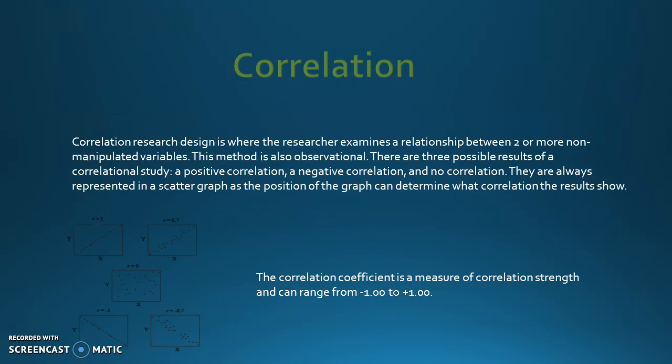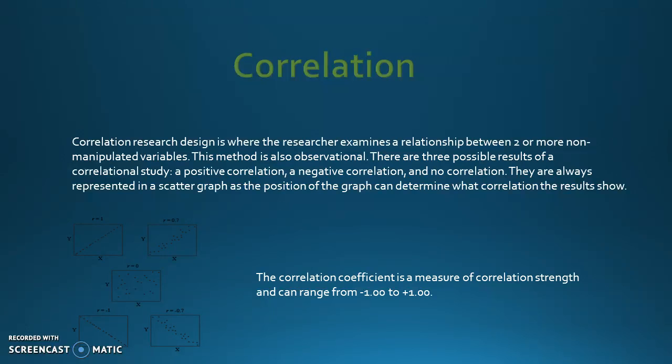The next research method is correlation. This is where the researcher examines a relationship between two or more non-manipulated variables. So again, it's observational. There are also three possible results of a correlational study: a positive correlation, negative correlation, and no correlation. They are always represented in a scatter graph, as a position of the graph can determine what the